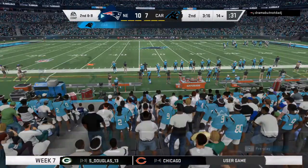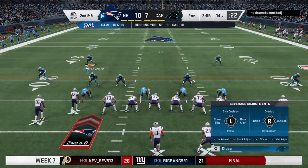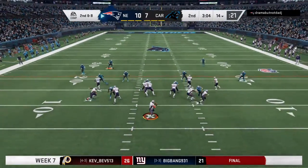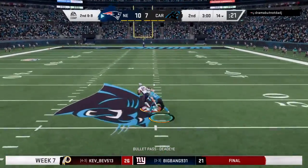I don't think any of us were surprised that they decided to start this drive on the ground after the last 2 drives ended in interceptions. Unfortunately, though, not a lot going on that first play. Yeah, I think the anticipation was felt also by...